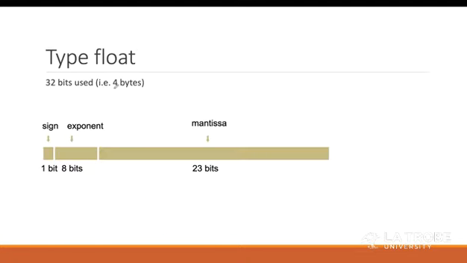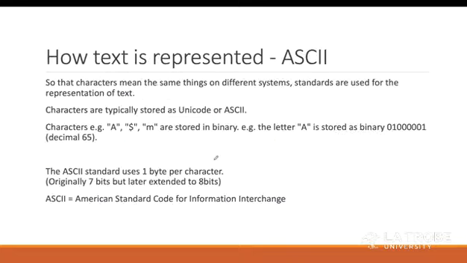Now, as float uses 4 bytes and 32 bits is used, 1 bit will be assigned to sign, 8 bits will be assigned to the exponent, and the remaining 23 bits will be assigned to mantissa. Similarly, double uses 64 bits, that is 8 bytes. So 1 bit will be for sign, because we discussed before that if the sign bit is 1, then it's a negative number, and if the sign bit is 0, then it's a positive number. 11 bits are again assigned for exponent, and the rest 52 bits are assigned for mantissa.